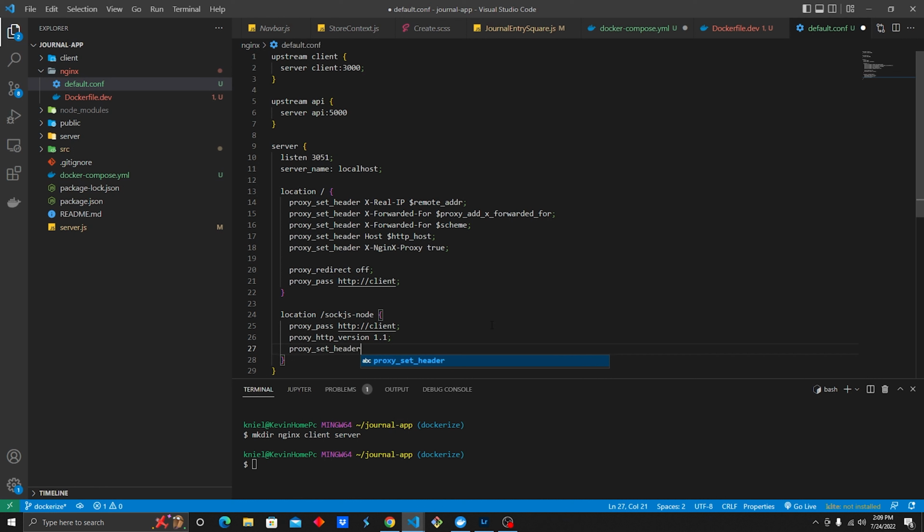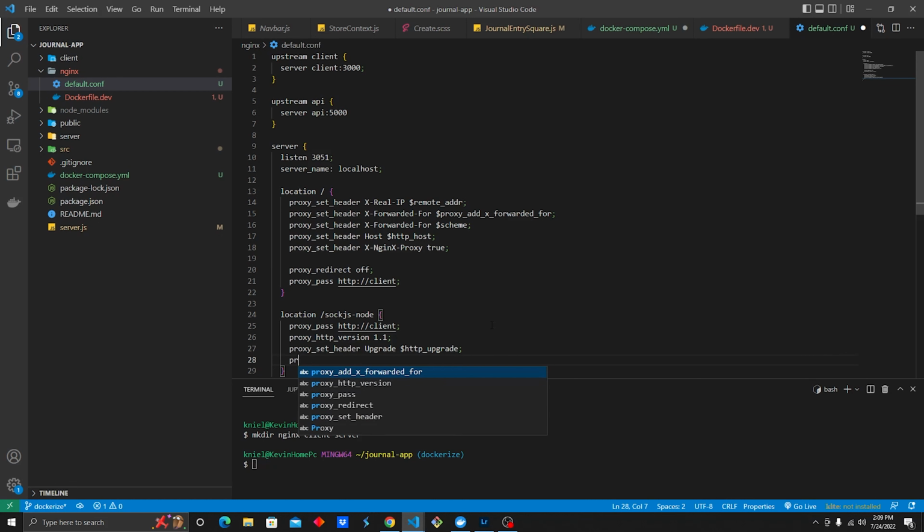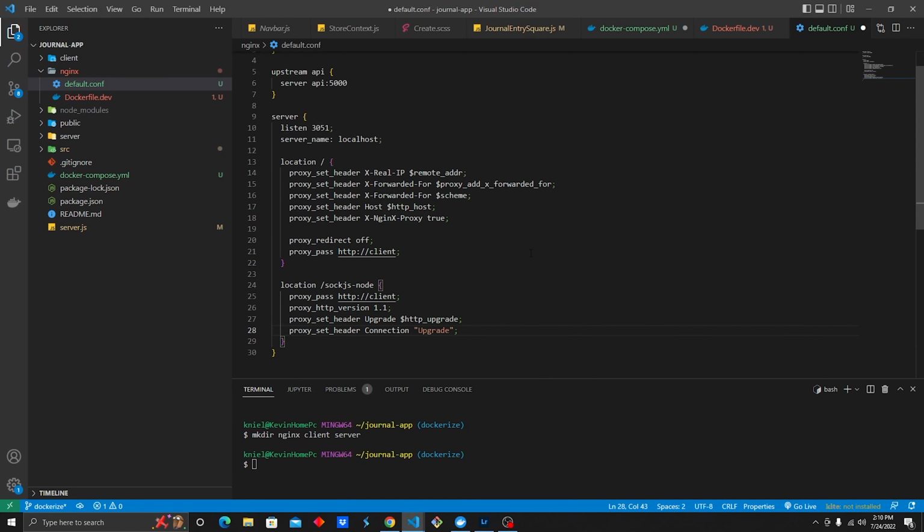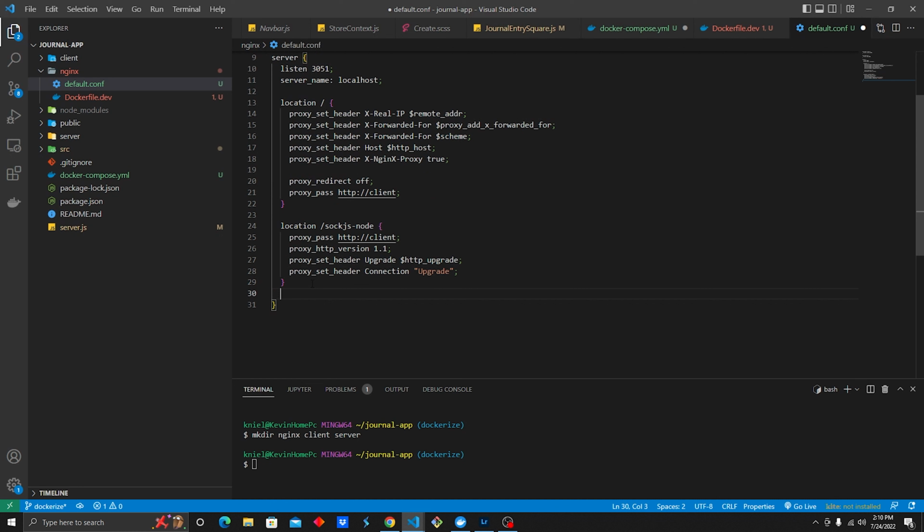proxy_set_header Upgrade $http_upgrade. And finally, proxy_set_header Connection "upgrade". All right, then the last location that we're going to set is